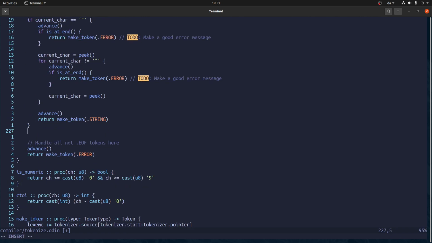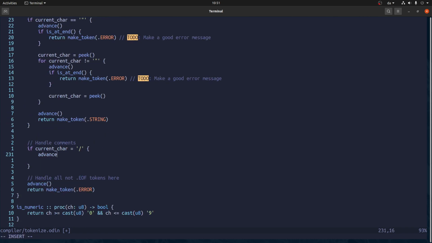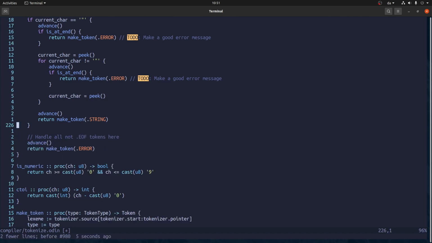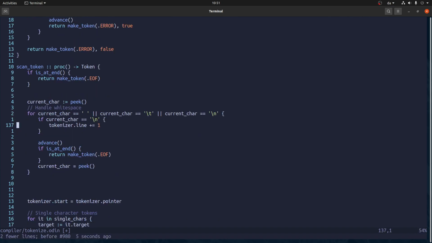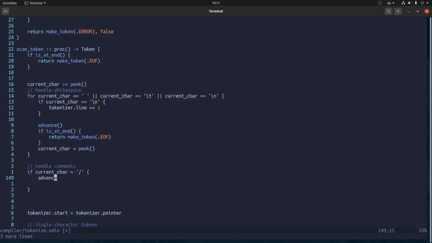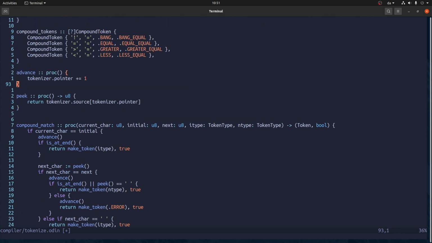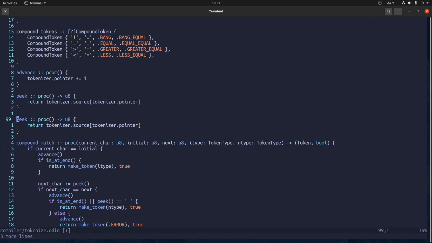Maybe it should be the last thing we do. Or you know what? We can make it a bit simpler, I think. So I don't want to consume it, so I'm not gonna advance, but I do want to like peek next. But that is also a dangerous operation.